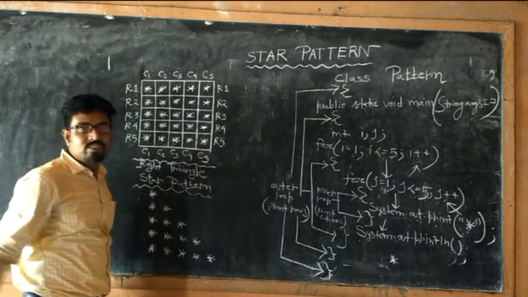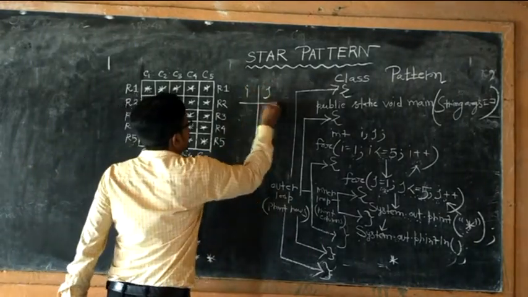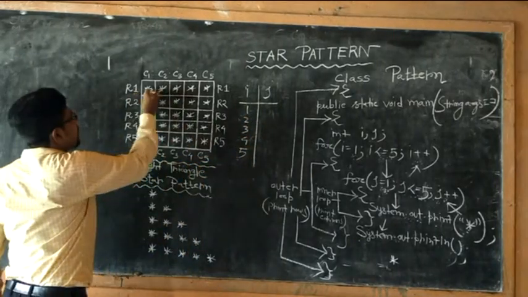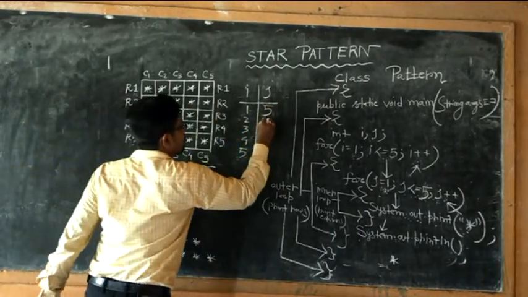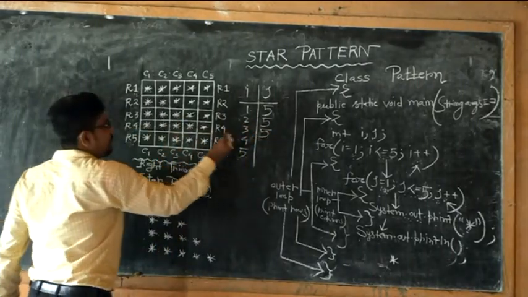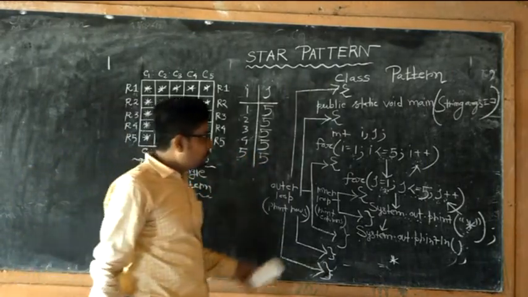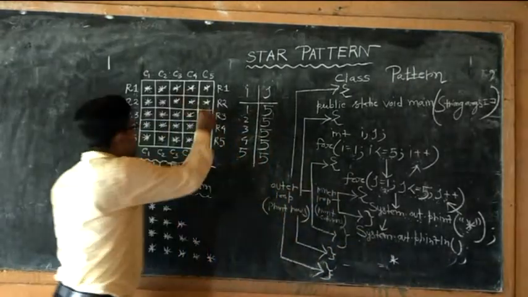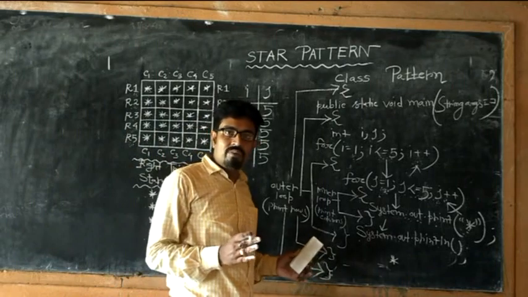So what is the logic, students? i, j. Row number 1, 2, 3, 4, 5. Row 1 can hold 5 column values. Row 2 holds here 5 column values. Row 3 holds 5 column values. Row 4 contains 5 column values. Row 5 contains 5 column values. So if you write j less than or equal to 5, then it will print this square shape pattern program, students. Understood? It's a very interesting part of Java, students.